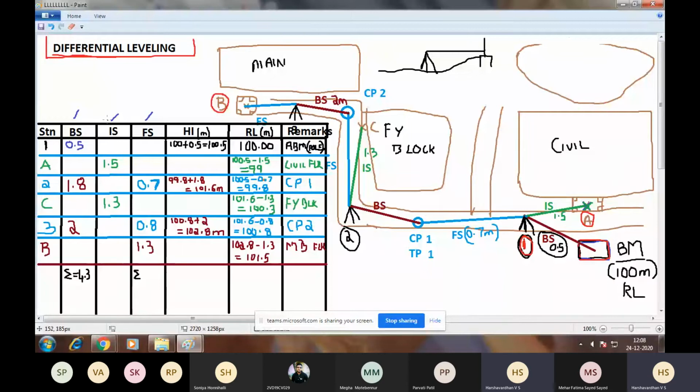Next, I'll calculate the summation of all the foresight readings: 0.7 plus 1.8 plus 1.3. So the summation of the foresight readings is 2.8. Next, I'll calculate the difference between the first RL and the last RL.